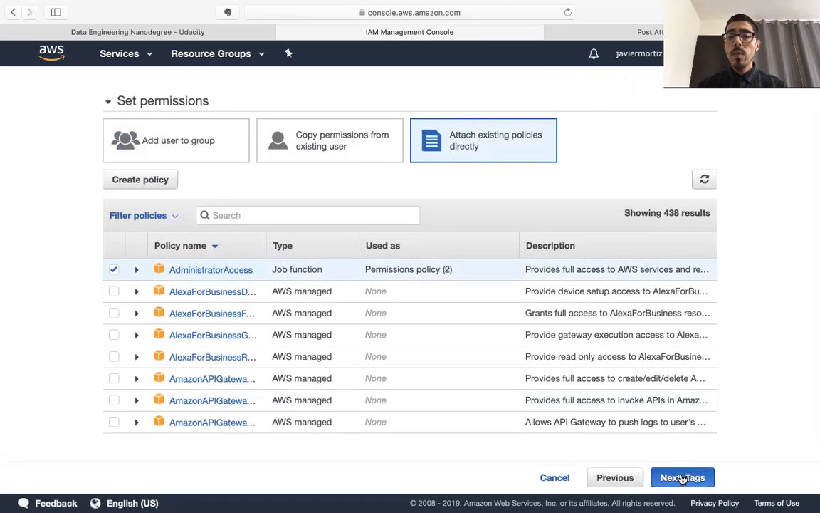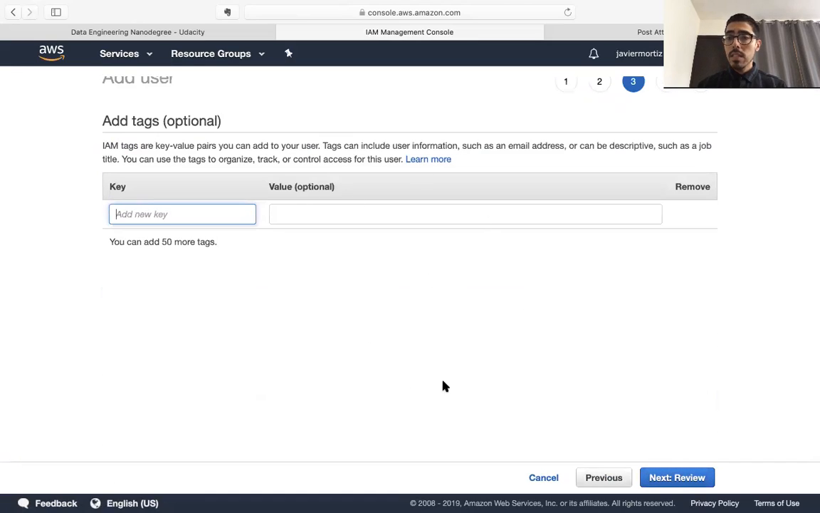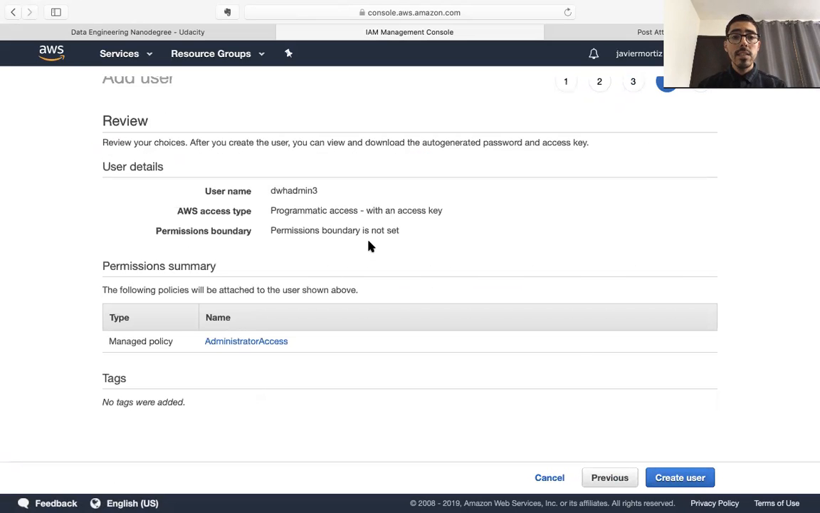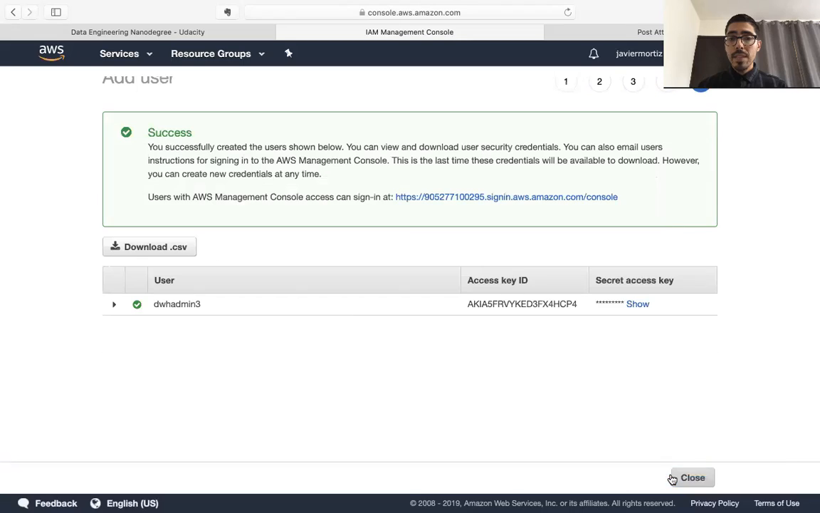Once we're there, we move on to next tags. You can skip this page of tags. It's going to ask to review it, and you create the user. And right here is where you get access to your key and to your secret access key. All right, so this is the key and this is the secret AWS that you're going to require,